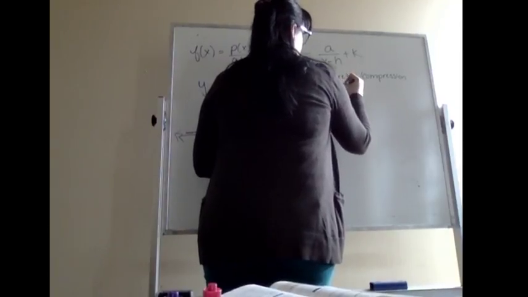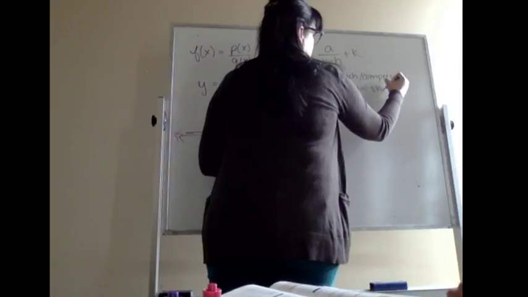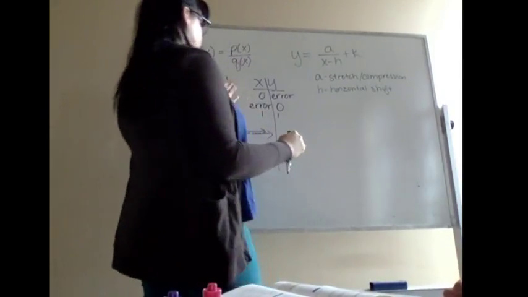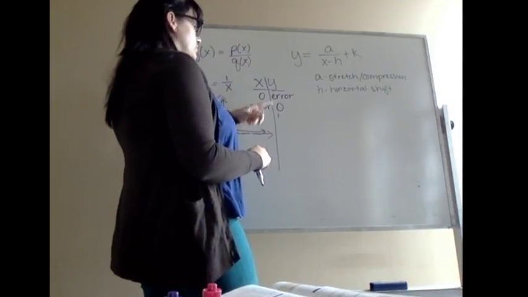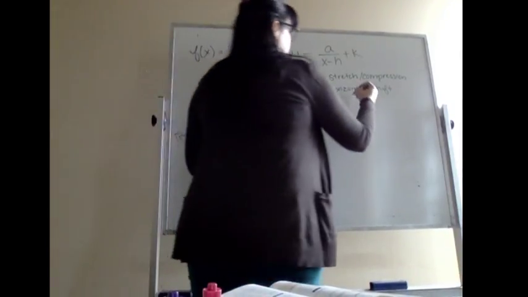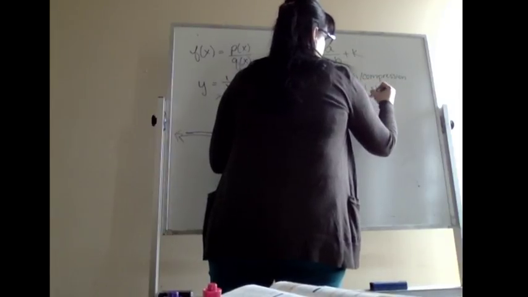H is a horizontal shift. In this case, though, because this is x plus 0, really, and we know that x cannot be 0, that's also going to be a vertical asymptote